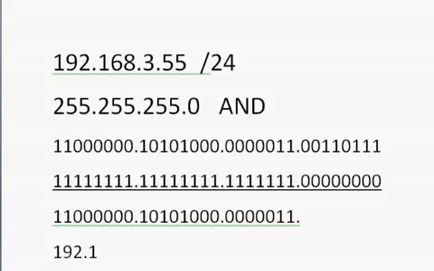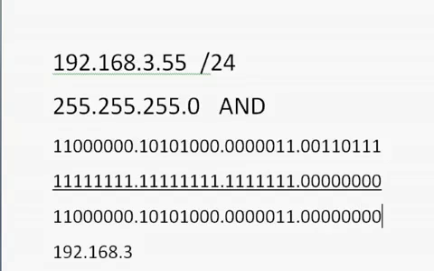and now when we get to this last octet right here, notice these are all zeros, so everything, 0 and a 0 makes a 0, 0 and a 0 makes a 0, a true and a false makes a 0, so everything's going to be 0 here. And so we find out that the network is 192.168.3.0. Okay, that is the network that the router is going to route to,